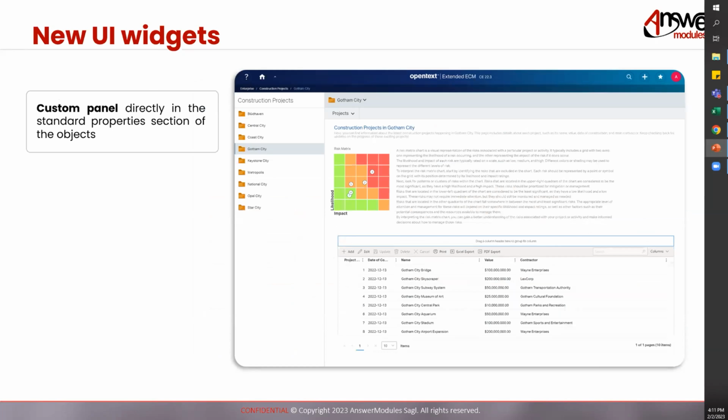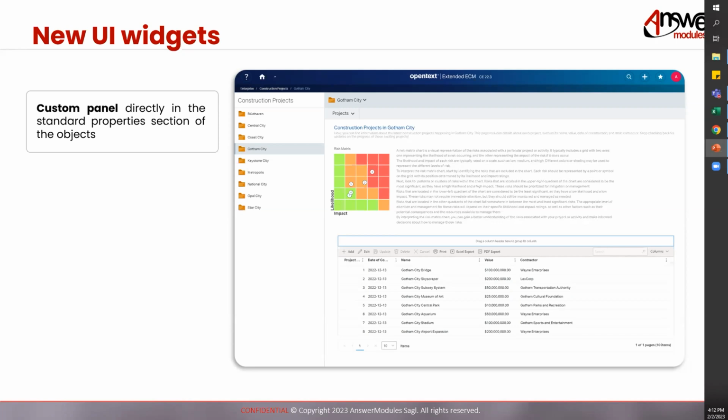Another thing that we added to the mix is the possibility of creating panels through smart pages. So you will now be able to enhance the smart UI user experience even more than you could do before. You will be able to add additional panels among the properties of an object, and you will be able to generate this panel as smart pages.